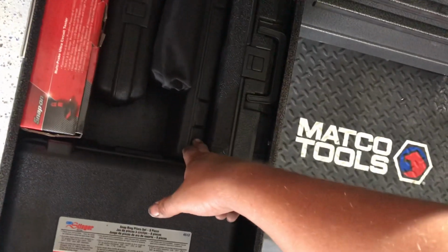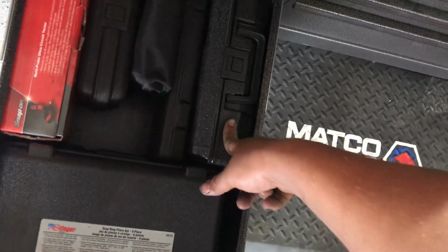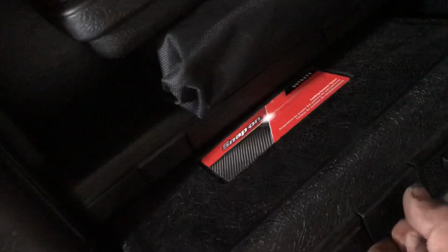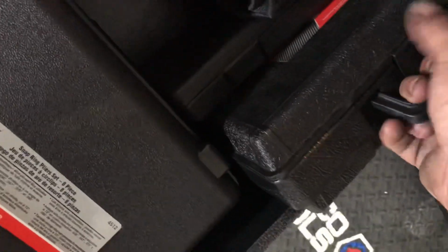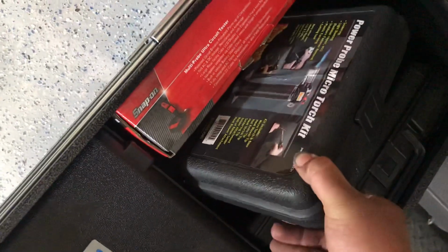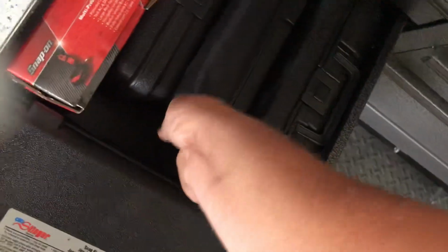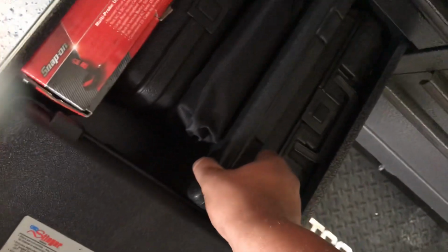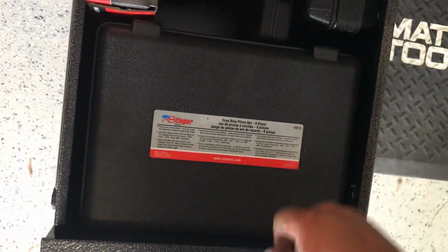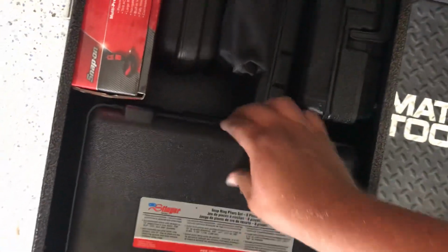Tappet set from AutoZone, works pretty good. This is a coolant tester kit, or coolant pressure tester. The power probe torch, or to fix that. Yeah, this is a tap and die kit, and snap ring pliers. Oh, and then under the snap ring pliers is my scope,